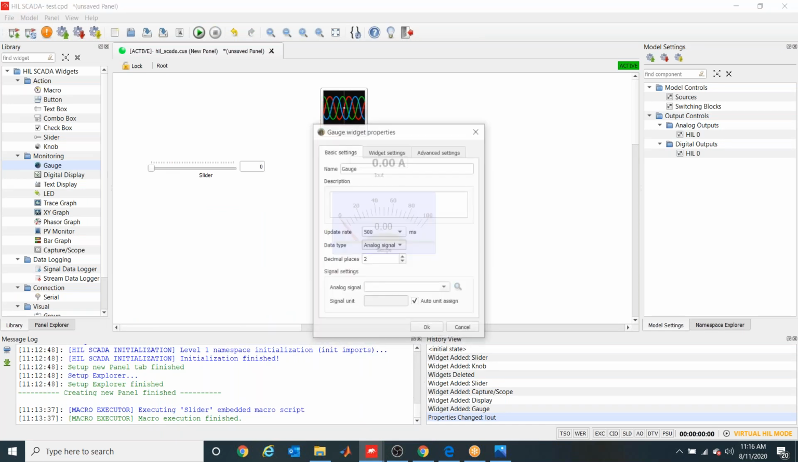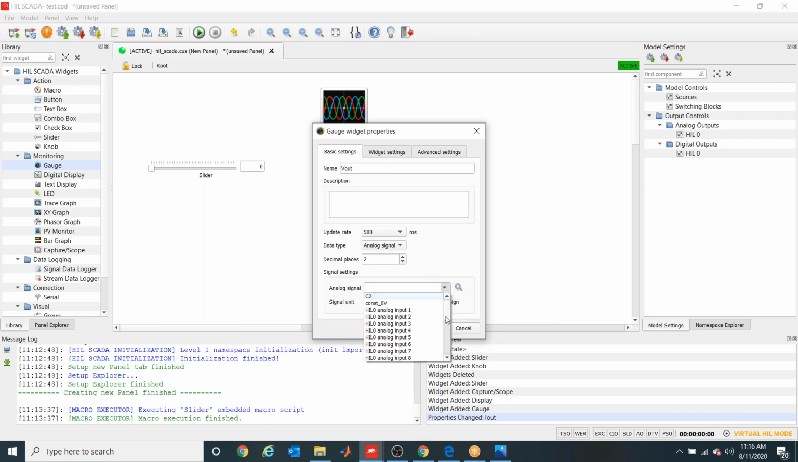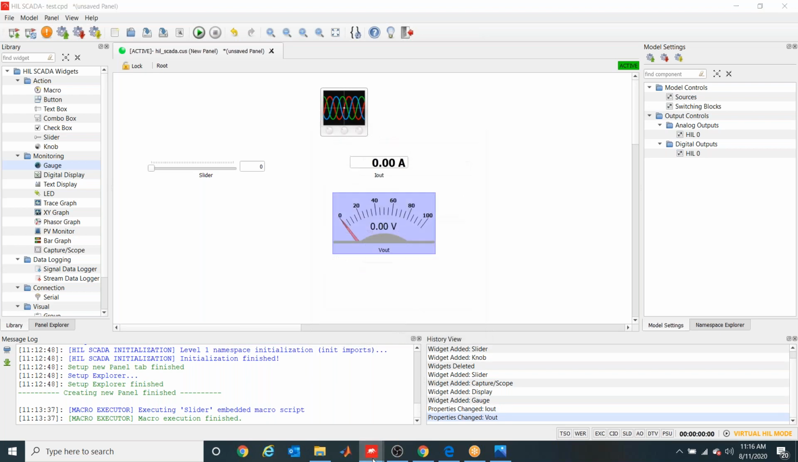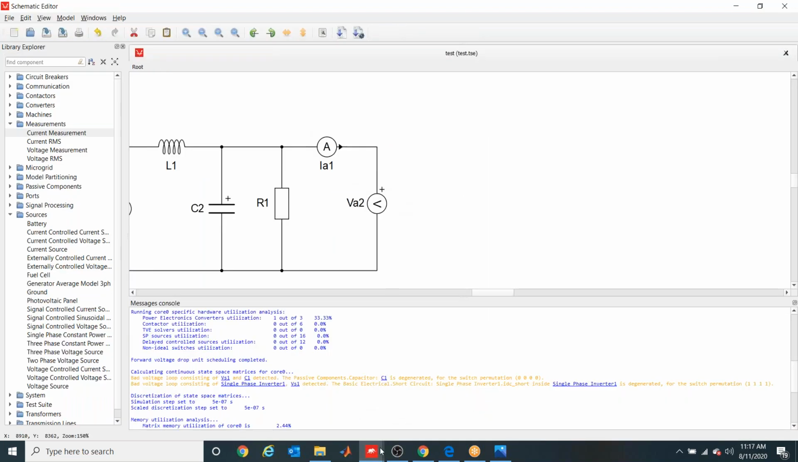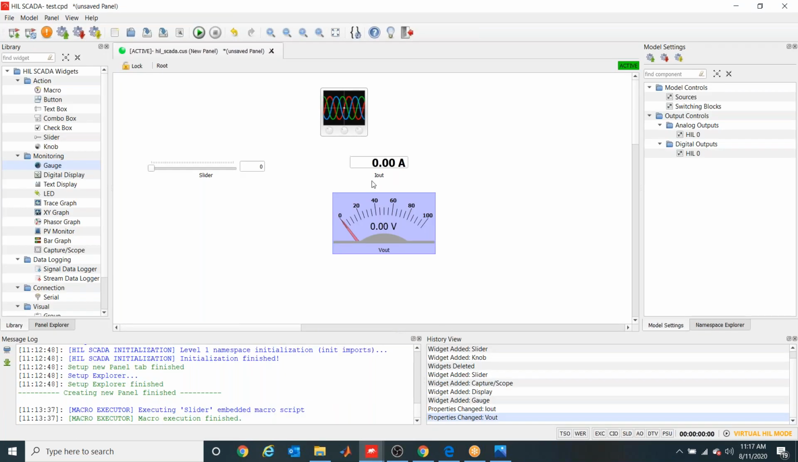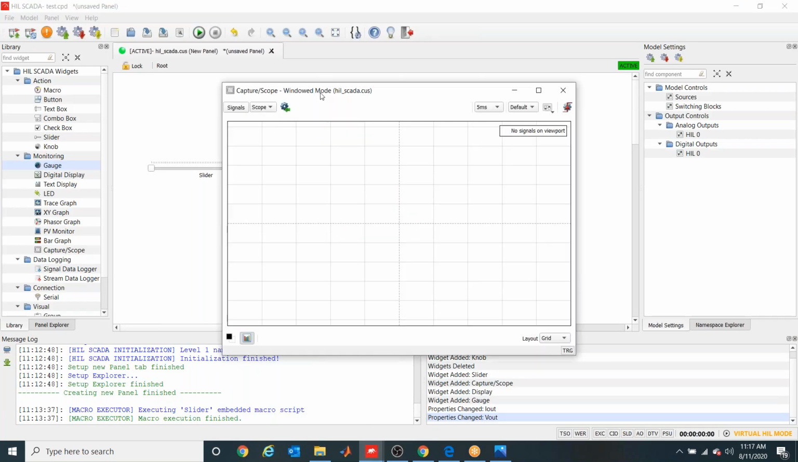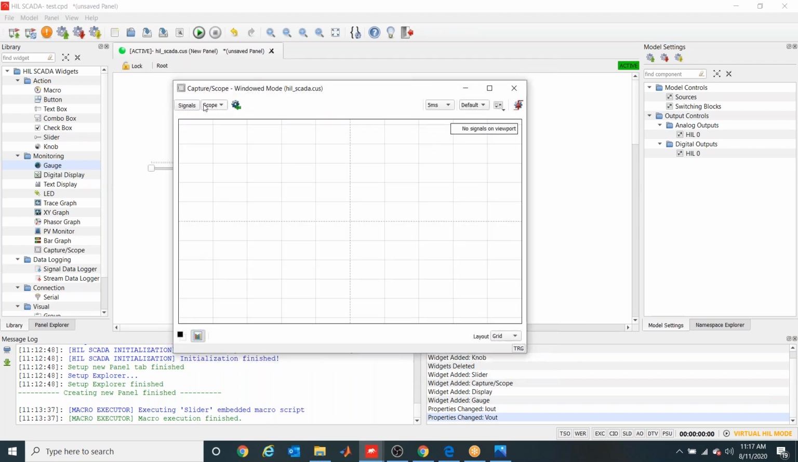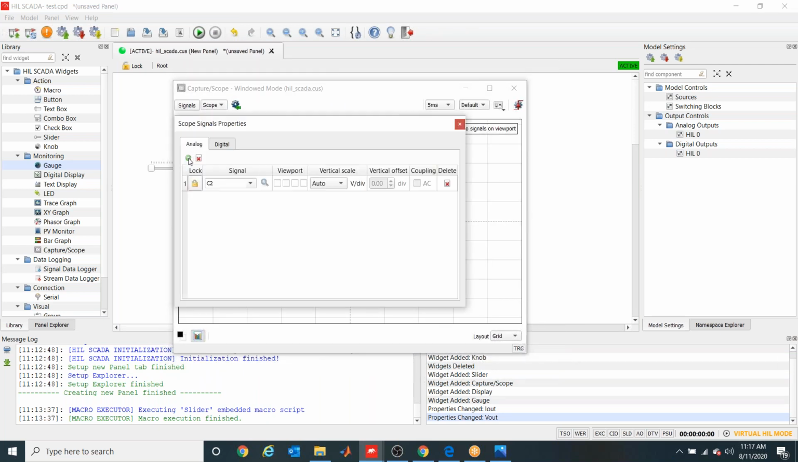Similarly, I will do it for V out. I select the analog signal, click onto it, slide it down, and this is the signal I want to see over here. You can see this VA2. Similarly, I will click on this capture scope and select the signals whose waveforms I want to see. I click on the signals and then click on plus. First signal I will select is the voltage source, my source voltage, then my first inverter voltage output, and then VA2,